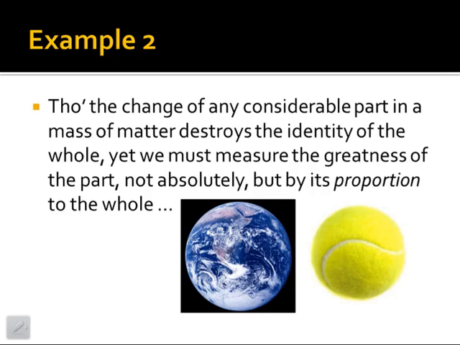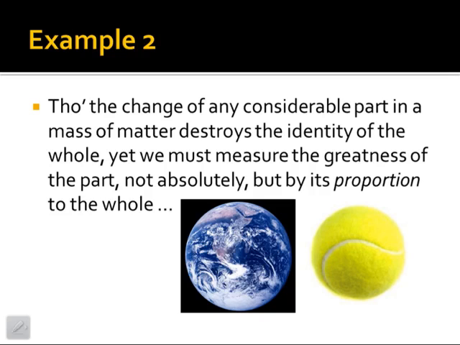However, if we had something much smaller, he doesn't use the example of a tennis ball, but I've just added that in. If we had something much smaller like a tennis ball, if we added something quite small onto that, like, I don't know, a pencil or something. A dot, do you mean? No. If we added something relatively small. Well, a pencil's quite big. But it's much smaller than a mountain. So let's just go with the pencil. If we added a pencil onto a tennis ball, we might think that the identity of the tennis ball was changed. Yes, we would. Yes, okay, yeah.